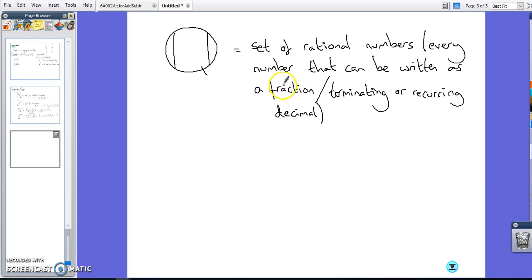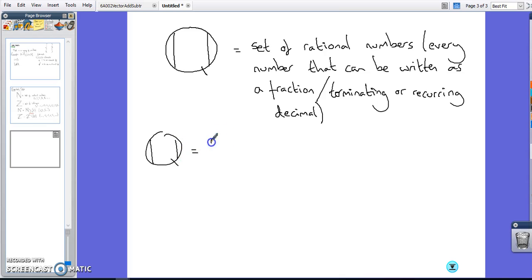So any number that can be written as a fraction, or if the number could be written as a terminating decimal or a recurring decimal, that can also be written as a fraction. And so either of those fit into set Q. And we have a really nice mathematical way of defining this set. We could have Q